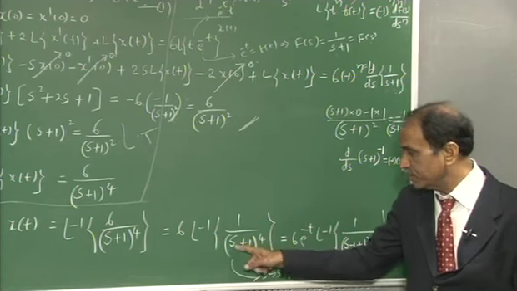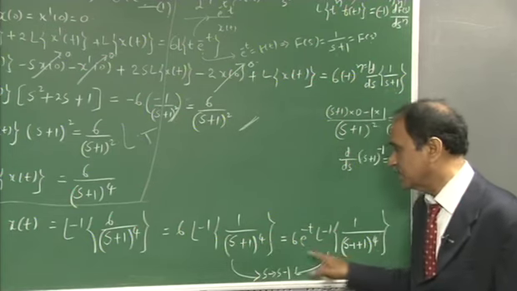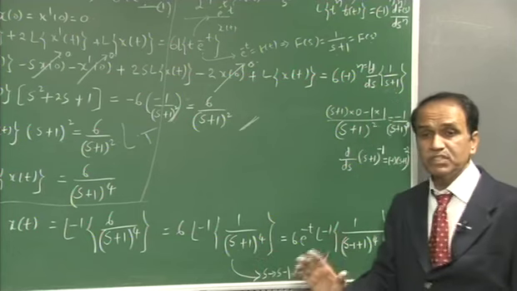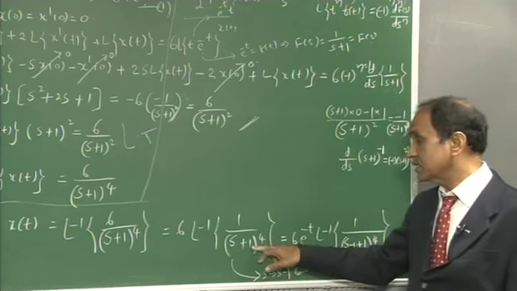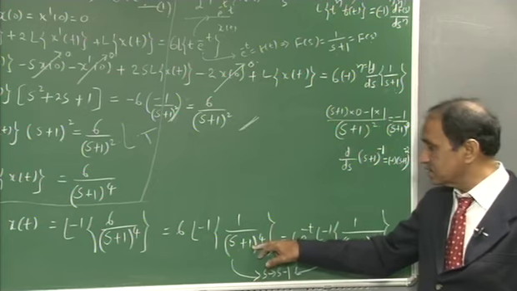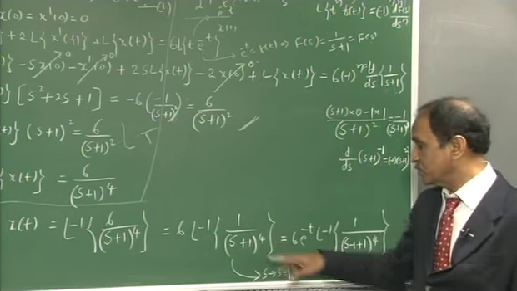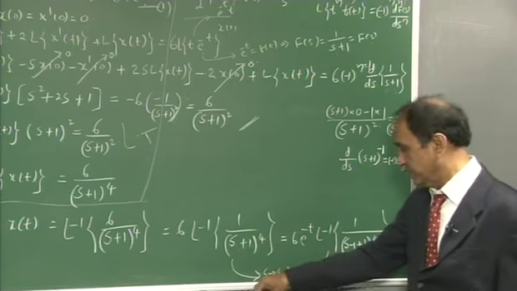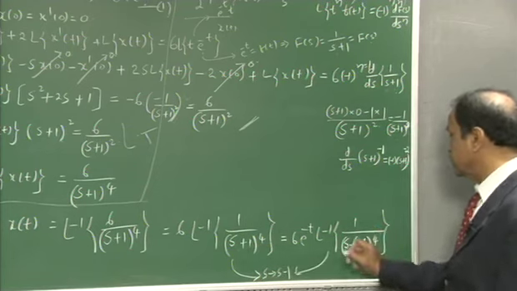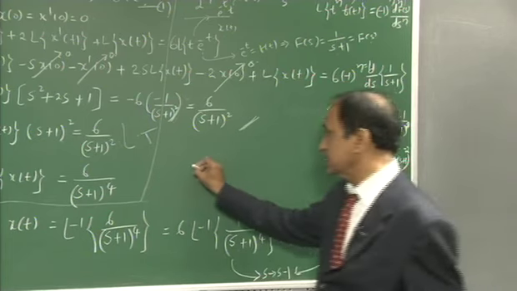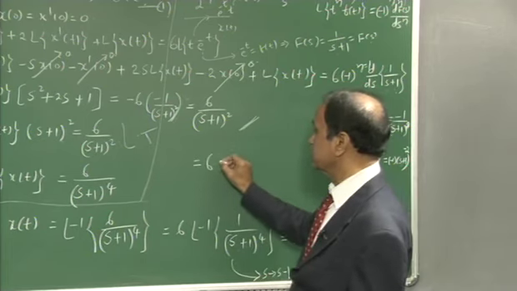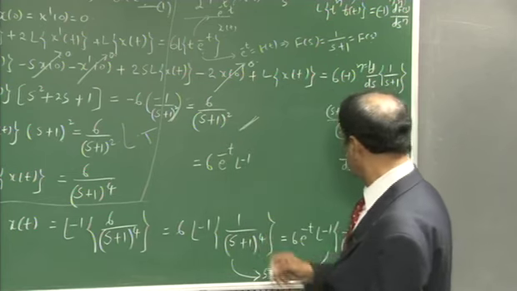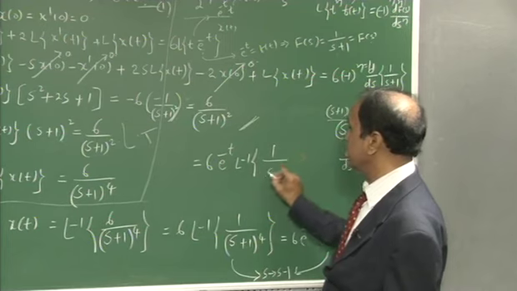You are changing s as s minus 1 to make this s plus 1 as only s. How is it possible? You have to see that the other term is of which sign. This is with the plus sign, so the opposite sign you have to take so that this 1 can be eliminated. Thereby this plus 1 minus 1 can be cancelled and you are getting the term that is equal to 6 into e to the power minus t, then L inverse and 1 divided by it is s